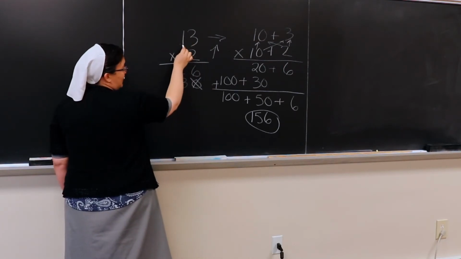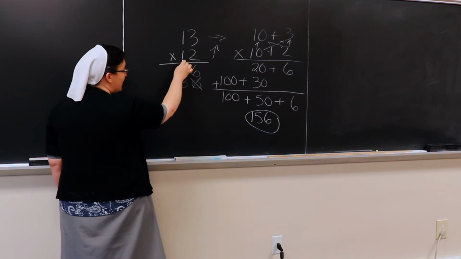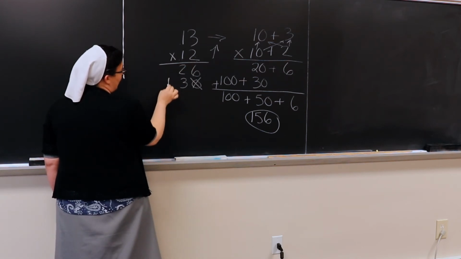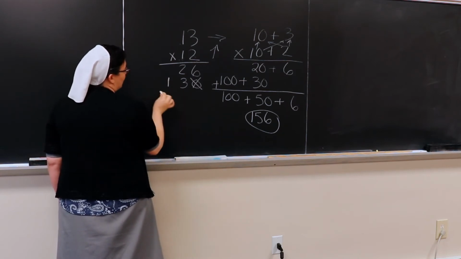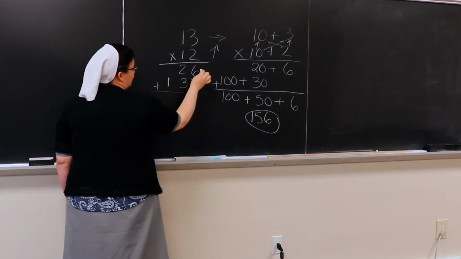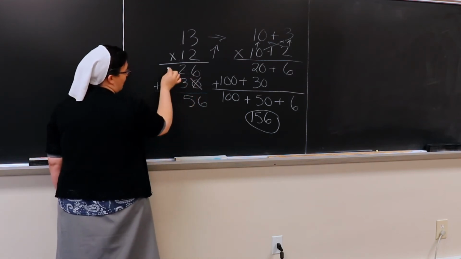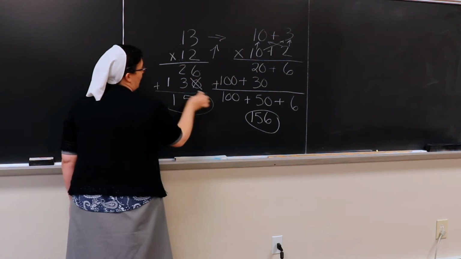Again, the 10 is in the tens place here and here, so it's 10 times 10, and that's 100. 100 goes in the hundreds place, the 1 from 100. And now we're able to add everything together. 6 plus nothing is 6, 2 plus 3 is 5, and 1 plus nothing is 1, for a final product